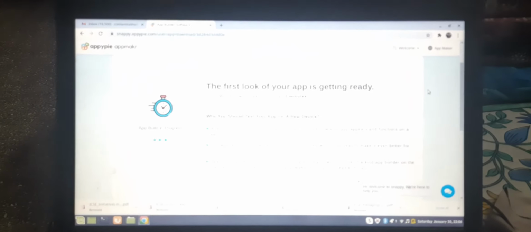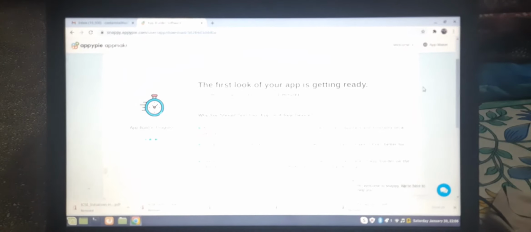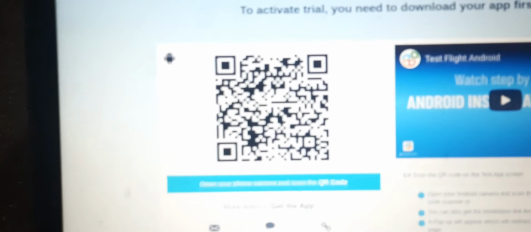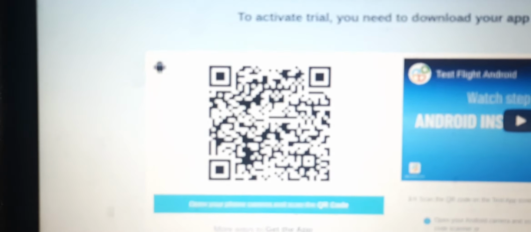You can send the link to an email ID. There is a QR code scanner, as I was telling you, this barcode QR code. If your mobile has a QR code scanner, you can easily scan this QR code and access the app you have made, with the help of your test app.